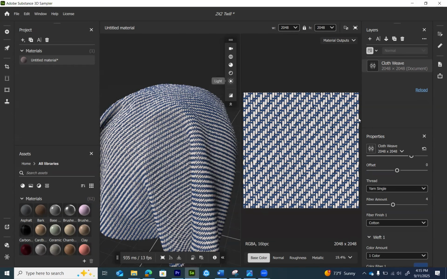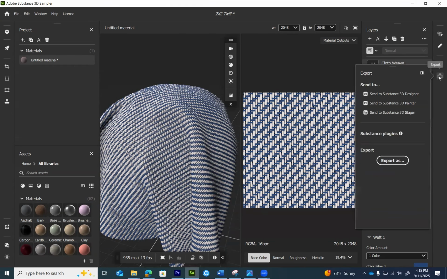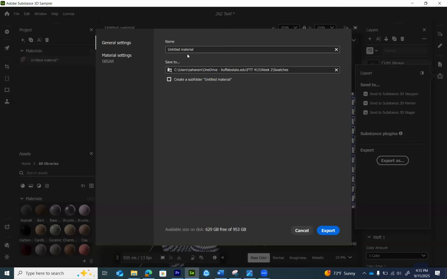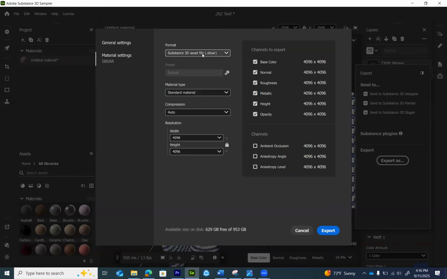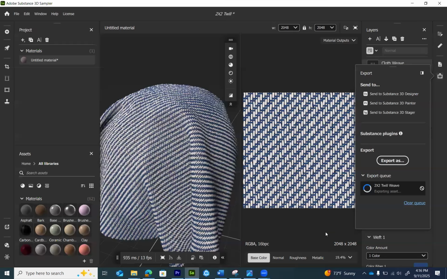And now you can go for export. You can go here, export, and you can send to Stager and Designer, or you can say export as, and this can be your 2 by 2 twill. And yeah, I want to keep the SBSAR file and that's good, export,